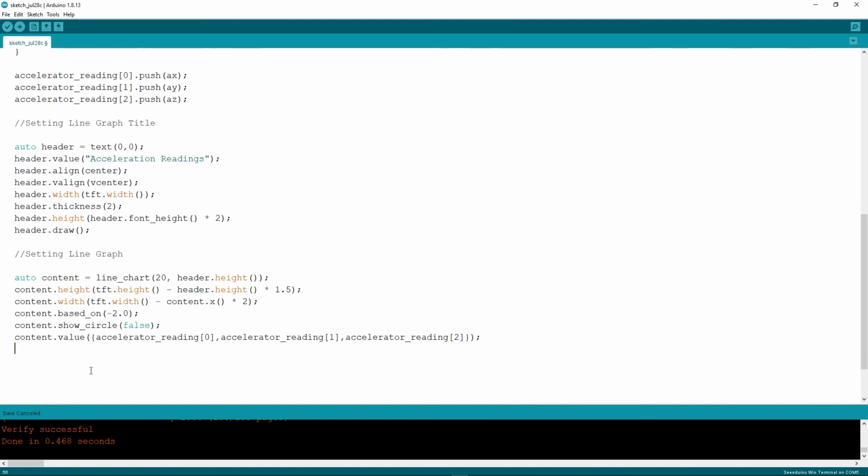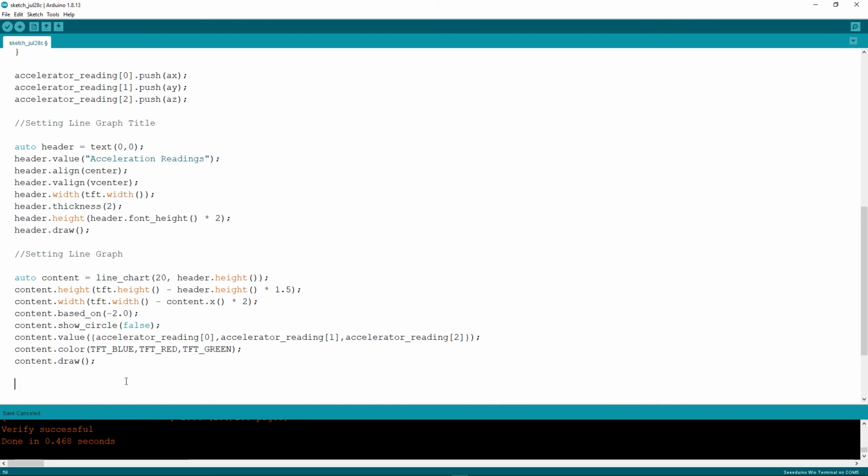After that I will set a color, content dot color, 3 colors for 3 line graphs. So TFT blue for the first one, TFT red for the second one, TFT green for the third one, and then I will write content dot draw,